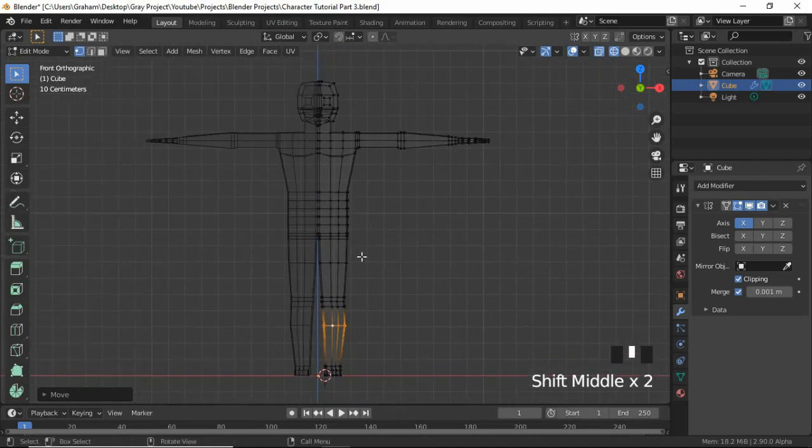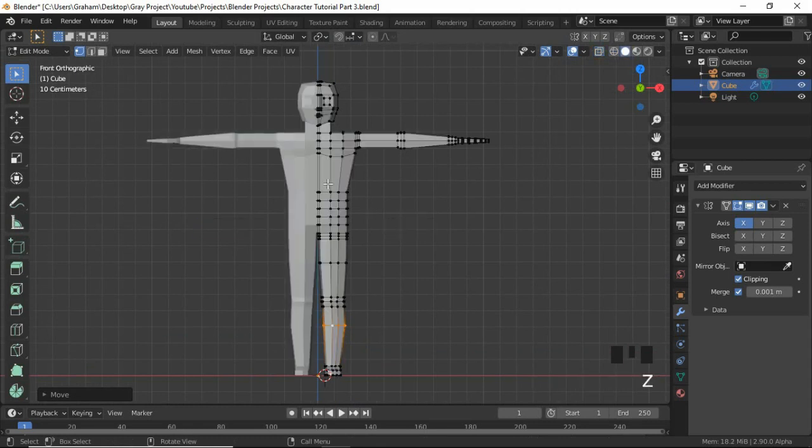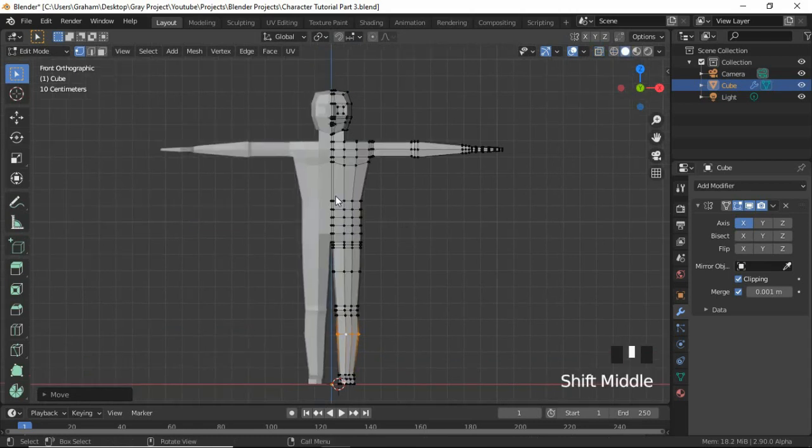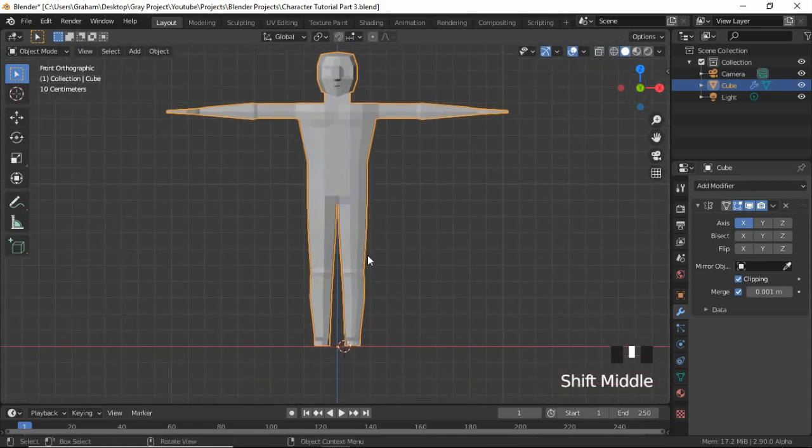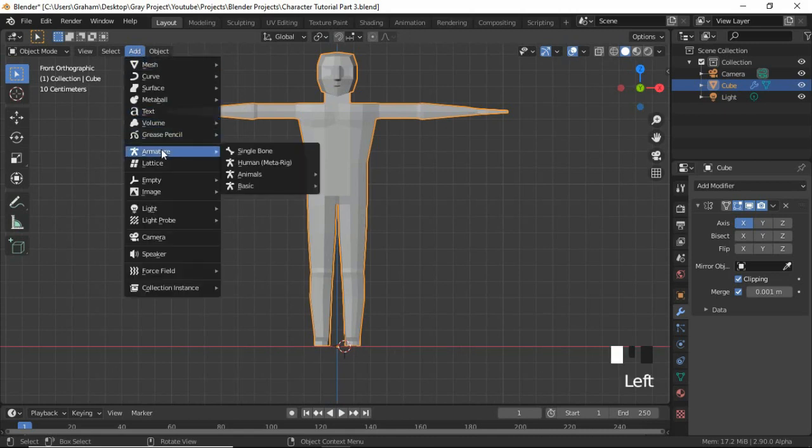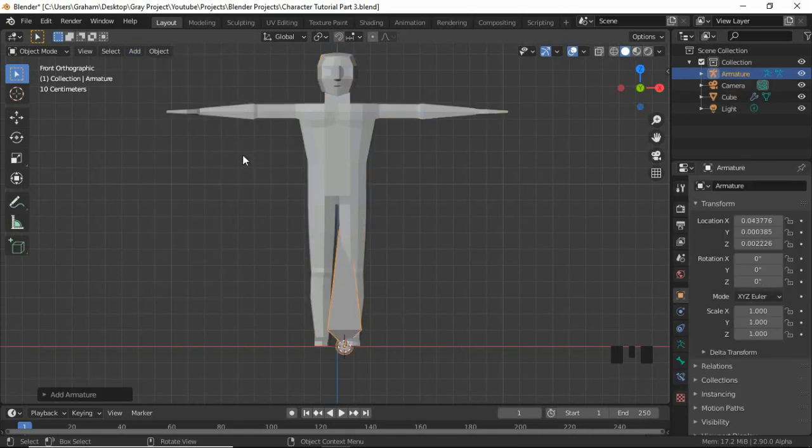So now that we're done, let's just go back into solid view by pressing Z and selecting solid, and press Tab to exit edit mode. So now we can add the bones, basically the armature. We can start with rigging. So to add a bone, press Shift A, or you can come up here where it says Add, select Armature, Single Bone,